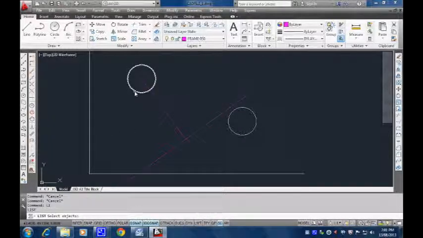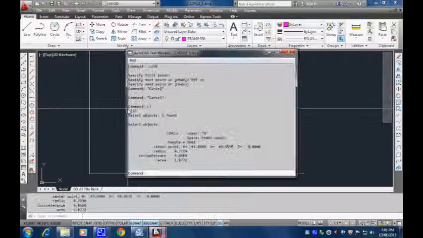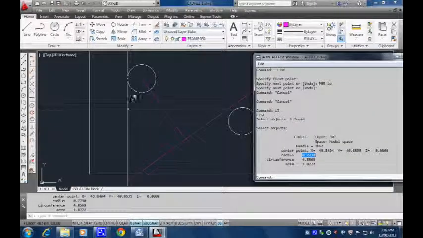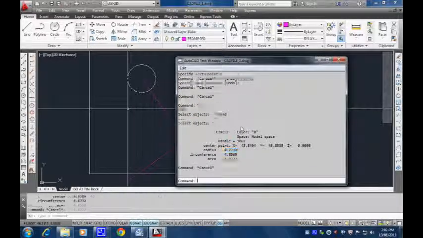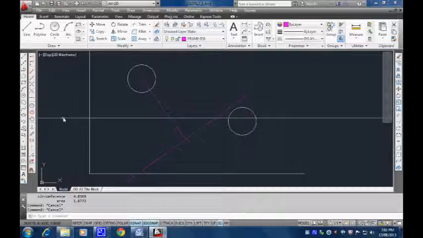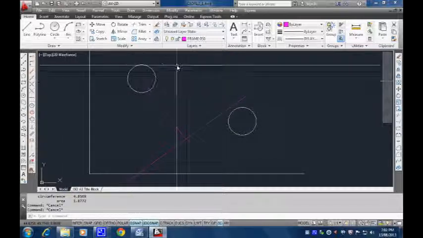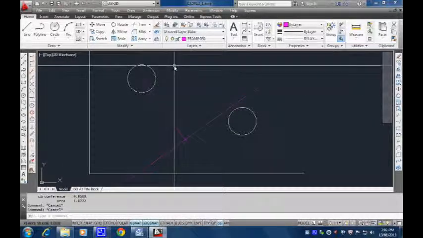And you click this here and it just gives you some information. There it is. All it's asking you to do is get the radius of this thing, because the radius is actually what you need to offset that line by to get the other half of it over here down this end. All right. So by the way, when we're talking about list, equally as list, the properties command can do